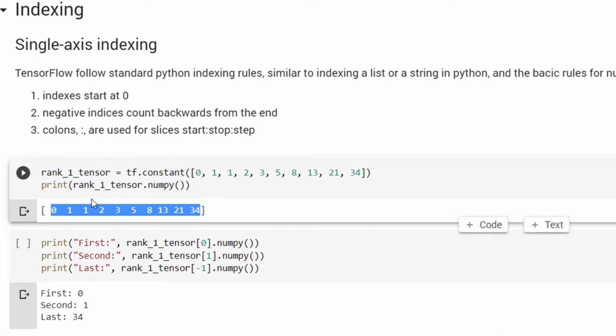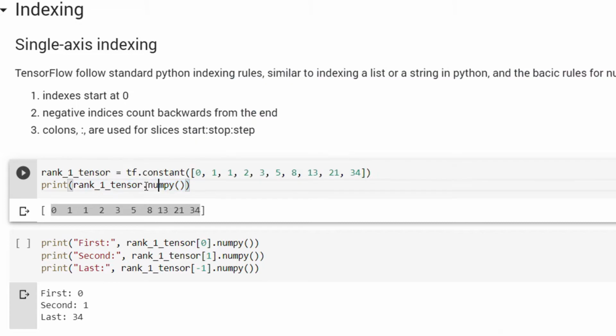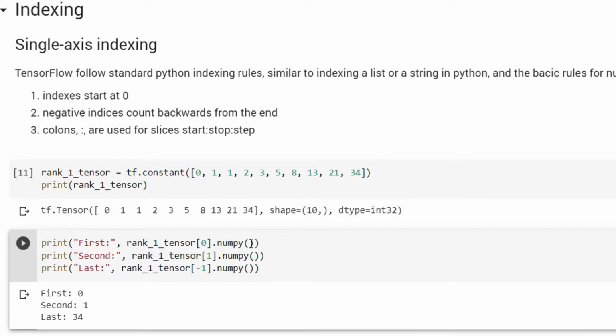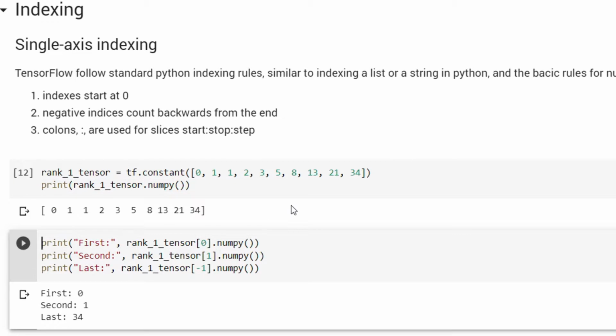Now we can see that this tensor is being printed by converting into NumPy array. If I remove this dot NumPy function, then this tensor will be printed as a tensor. So if I want only the values, I have to add dot NumPy function, and only the values will be printed.